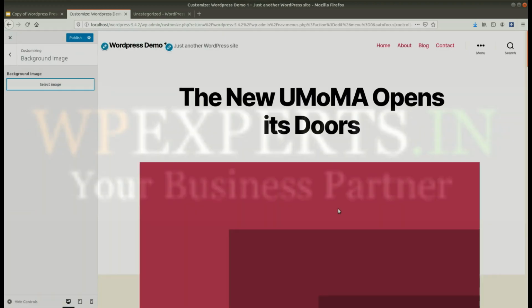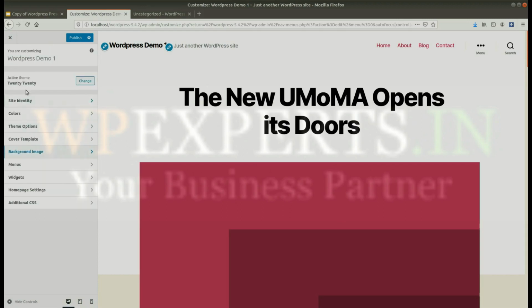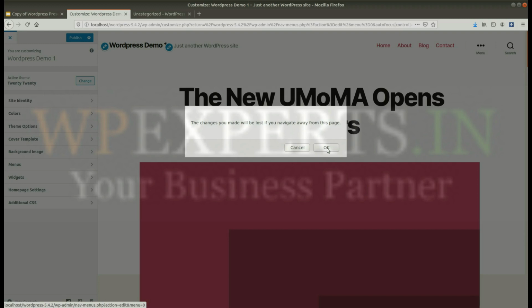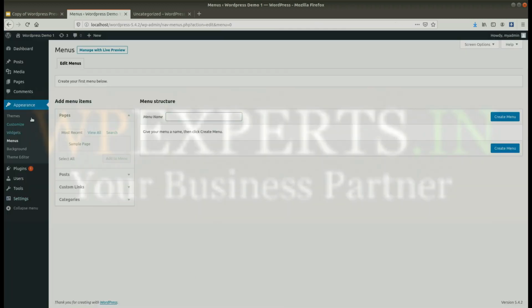Okay, so these are the settings related to your theme. If you are going to use any other theme, not the default theme, in that case you can see some new options, maybe a theme option page to manage your WordPress front end settings.